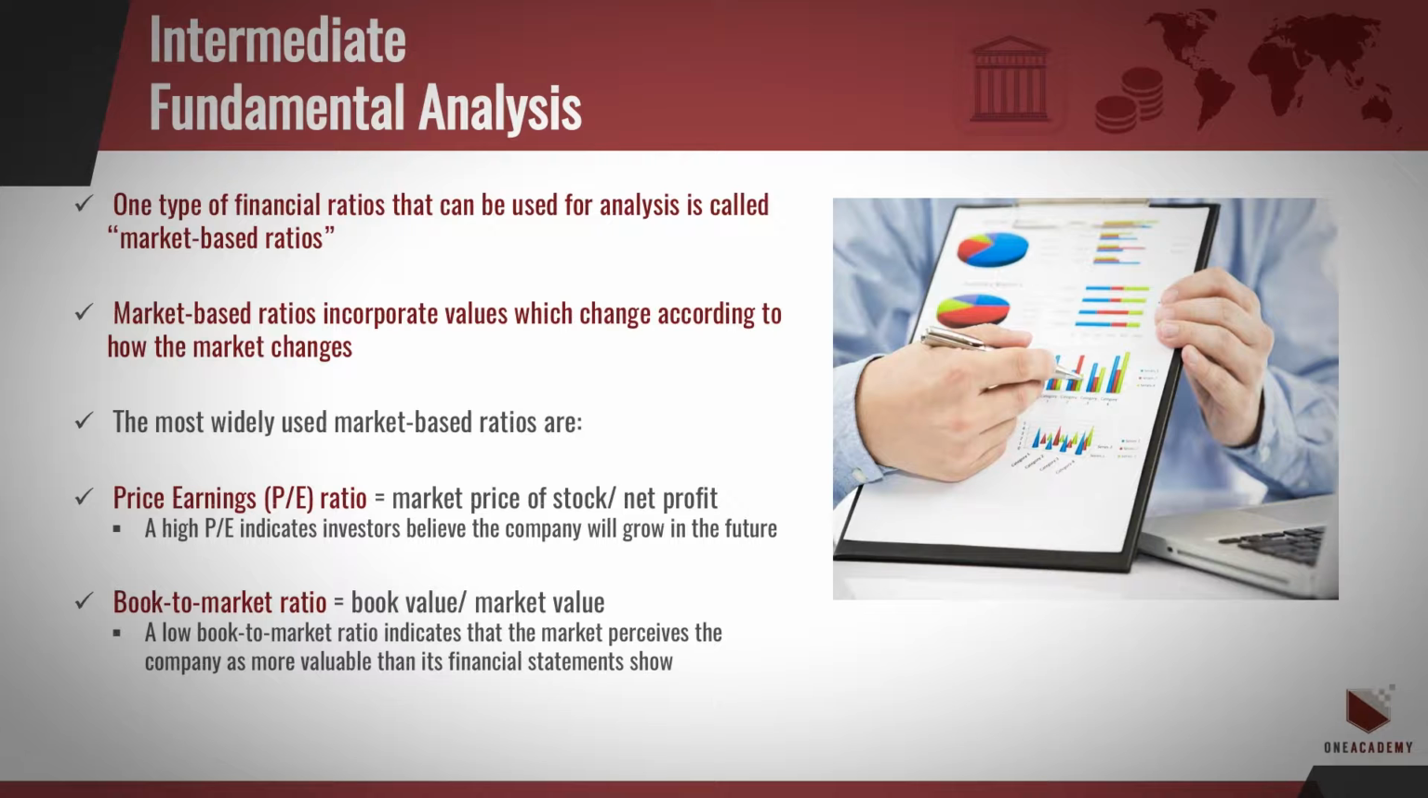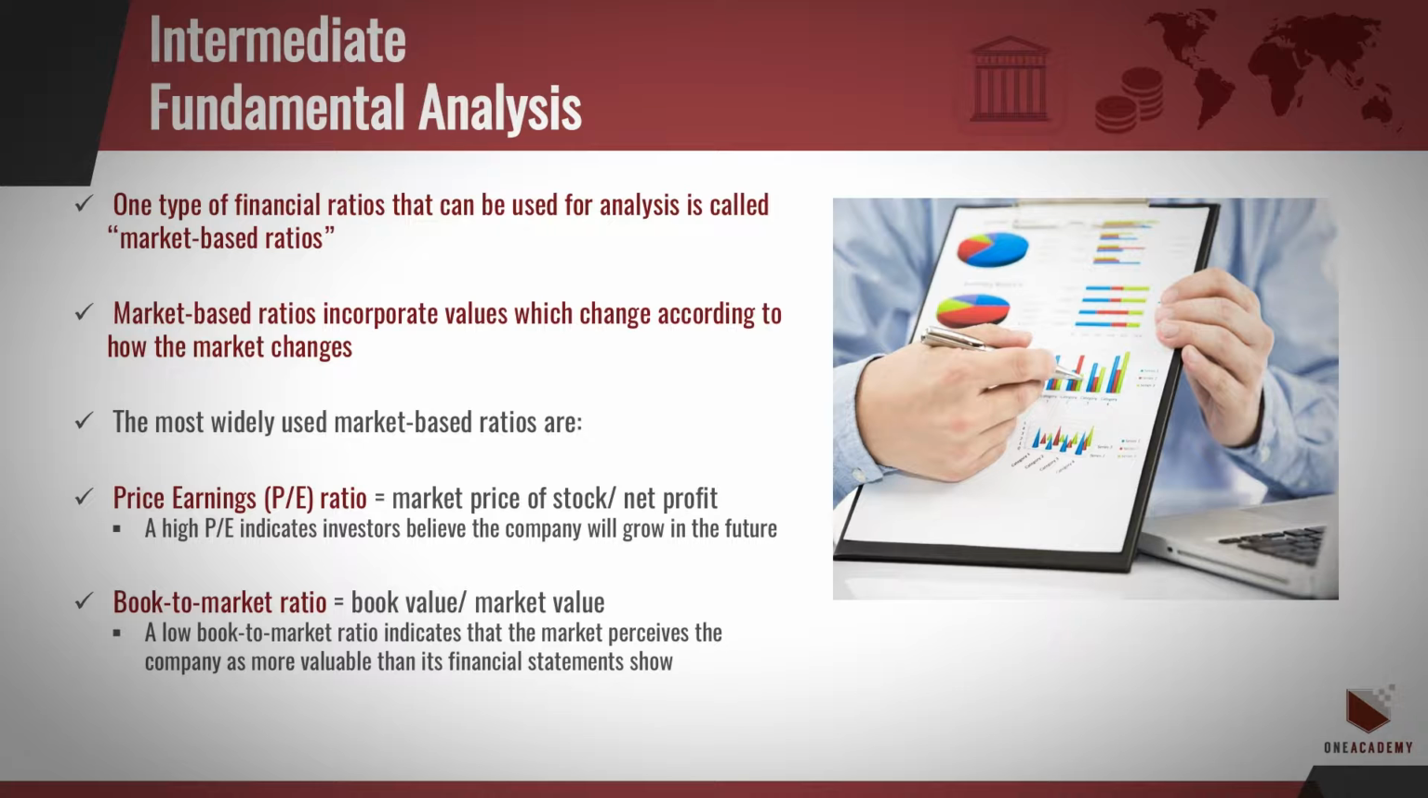One type of financial ratios that can be used for analysis is called market-based ratios. Market-based ratios incorporate values which change according to how the market changes. Thus, they overcome the limitations of ordinary financial ratios, which are based on snapshot or book values that are released once in 3 months. The most widely used market-based ratios are price-earnings, PE ratio, equals market price of stock divided by net profit, which is calculated by dividing the market price of a given company's stock by the last period's